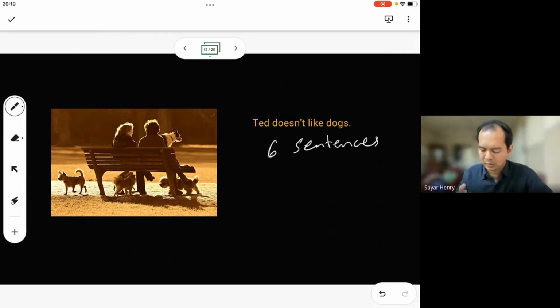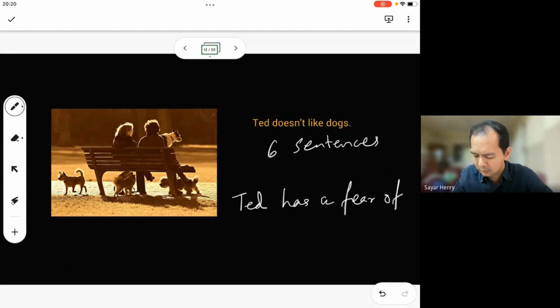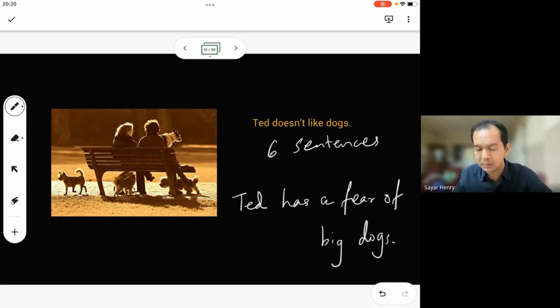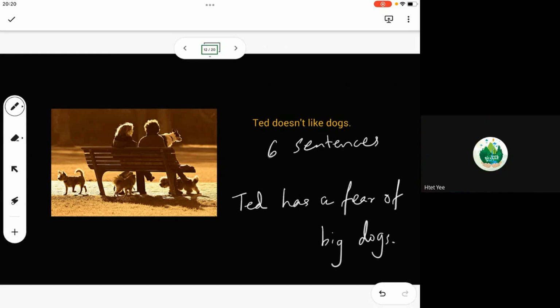Mm-hmm. Okay, and one thing to correct is here. Ted has a fear of big dogs. Okay, yeah, that's the better way to say it. That's more natural. Okay, Ted has a fear of big dogs, and